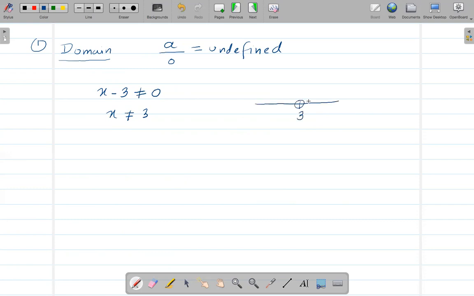Okay, we cannot include 3. So everything else except 3 is going to be our domain. If you want to write this in interval notation,